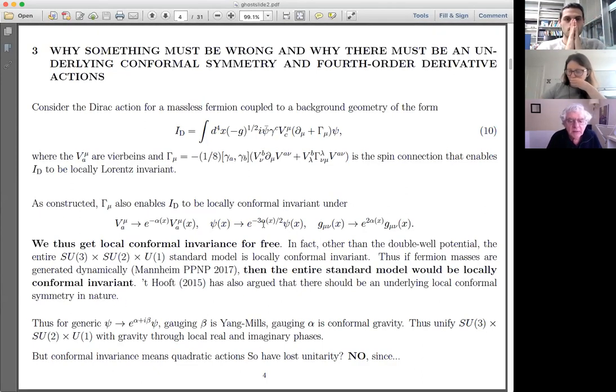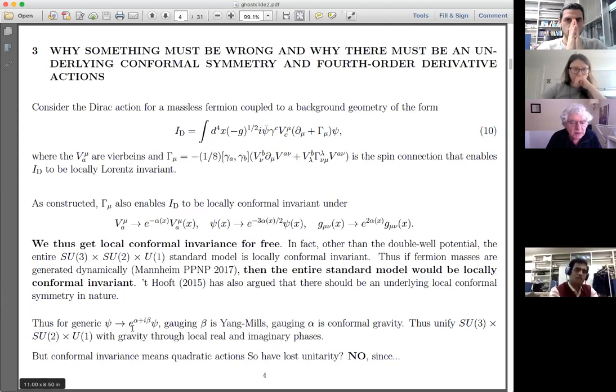I look at this alpha here. I write a phase, psi goes to alpha plus i beta psi. Gauging beta is Yang-Mills. Gauging alpha is conformal gravity. And thus you can unify the standard model with gravity through the use of local real and imaginary phases. However,